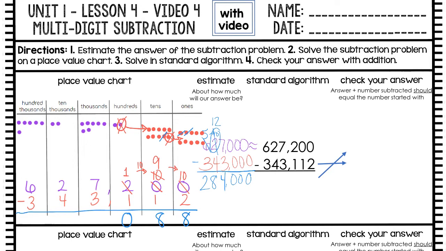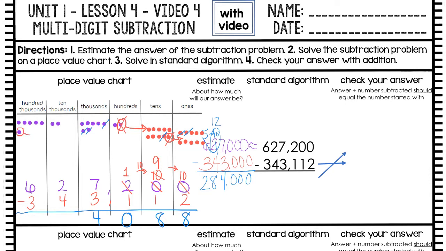Then I'm coming over to my thousands place. I have 7 thousands. I can take away 3 because there's enough for me to cross out 3. And I'm left with 1, 2, 3, 4. Now in the 10,000s place, I have 2 thousands. 2,000 minus 4,000. Can I take away 4,000? I cannot, so I have to come over to my